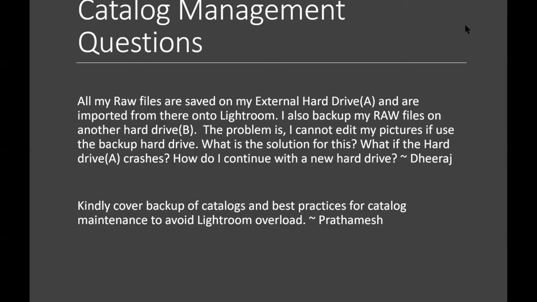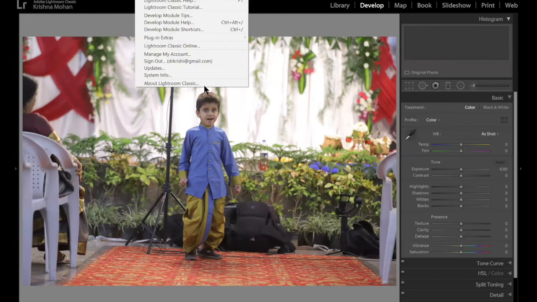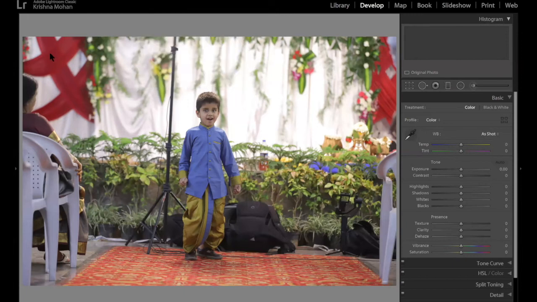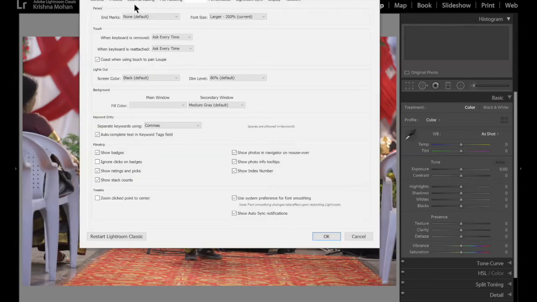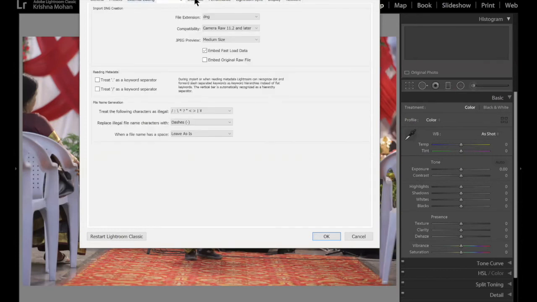So, what should you do for Lightroom management of catalogs? In Lightroom, the catalogs are the most important thing. So make sure you know where your catalog is saved. You can easily find your catalog by going into Edit, under Preferences, and catalog settings.